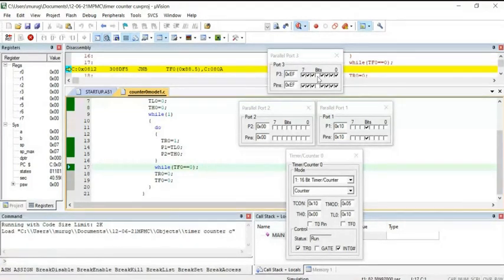Due to time limitation, I'm giving one demo each: one assembly program and one C program for timer, and likewise for counter. So 4 objectives are given to you.